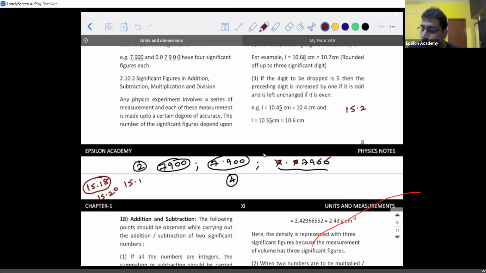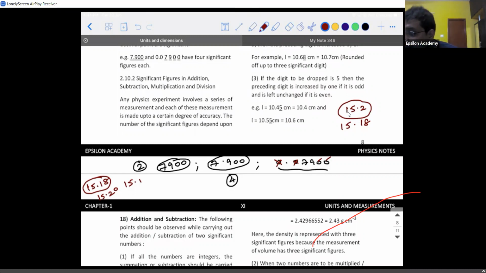The first reading you got is 5.20, and I'm writing it on the right hand side. But you're lazy, you don't want to write that 0, so you're leaving it like this. The next reading you're writing as 5.18. It doesn't make sense, because you're giving a misconception to the person that you have a measuring instrument in your hand which can measure only up to 1 decimal value. But how come suddenly you got a value in the next case?